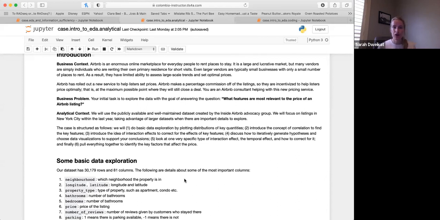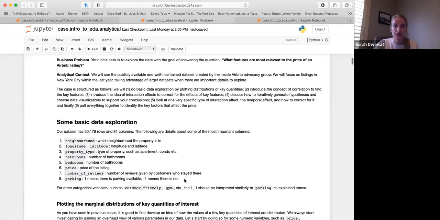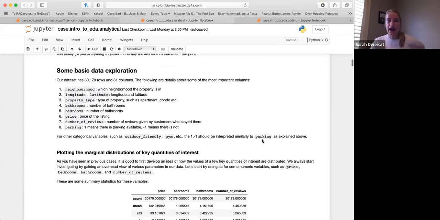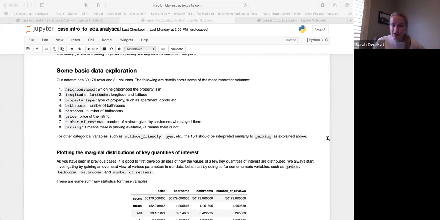So we're going to do some initial plotting to just look at the distribution of our data. We're going to do some correlations today. And in our previous case we talked a lot about confounding variables or interaction effects, and we're going to continue with a little bit of that today as well. And so we will first look at our data set. The first thing that we're going to do is explore some of those features.